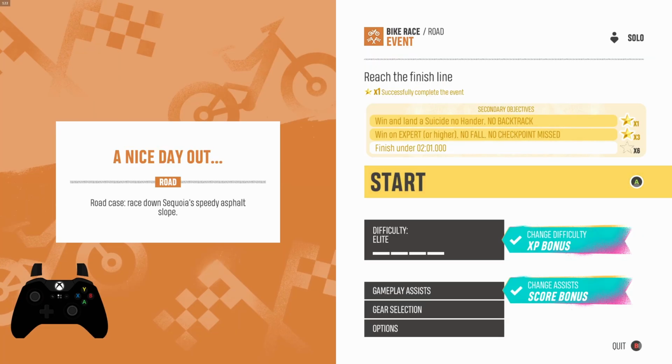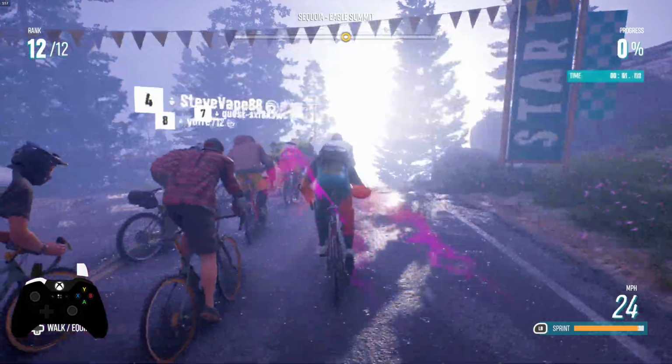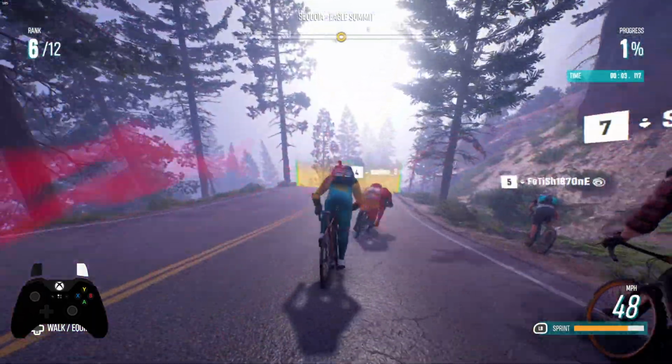Don't be that guy. But as you can see, we need to finish in under 2 minutes and 1 second. That's the one we failed before. So we're gonna give it a go with this bike and see how we do. Here we are. I got the perfect outfit. I got a beast of a bike,